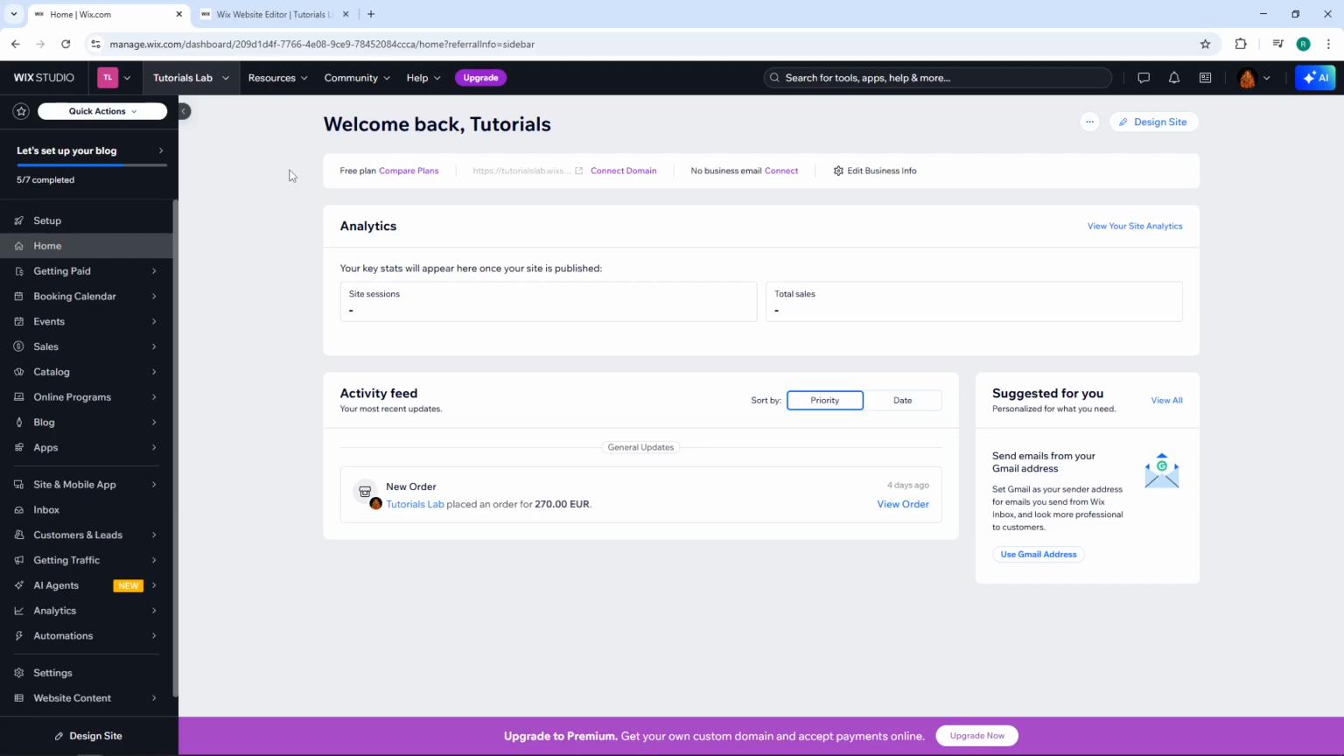Welcome back, everybody. Today, I'm going to teach you how to hide your homepage from the navigation menu on Wix. This is particularly useful when you want to streamline your site's navigation or create a custom landing page experience without